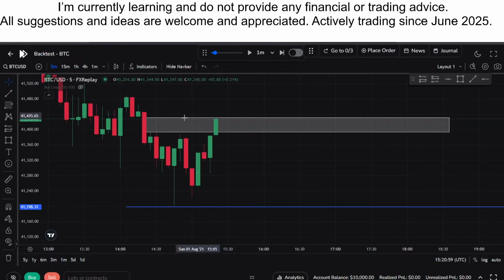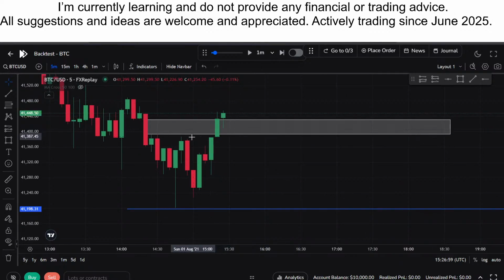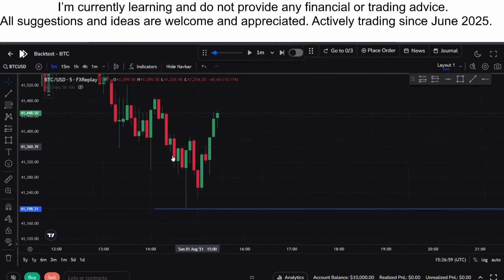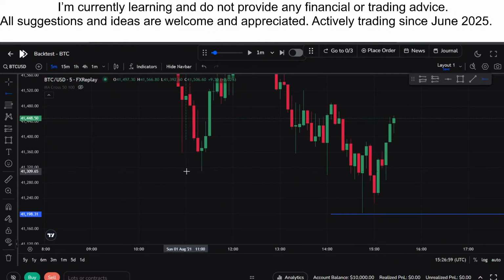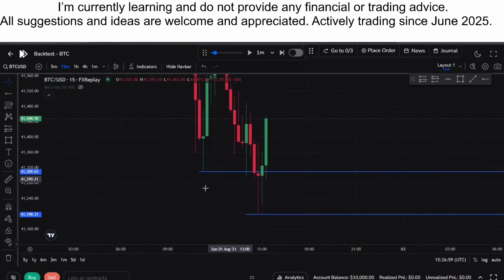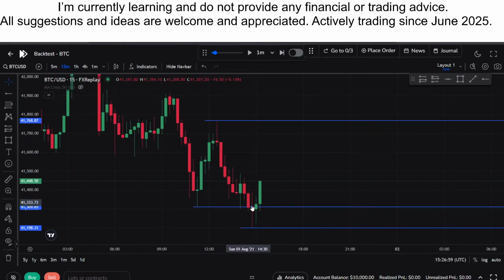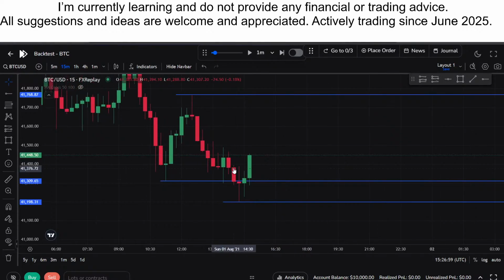Okay, so it went up to get this fair value gap. Okay, play. Okay, it disrespected the fair value gap. Now we can see here, we have a liquidity sweep in 15 minutes, and we can see a very good liquidity sweep. And then in 15 minutes out, we can also see a break of